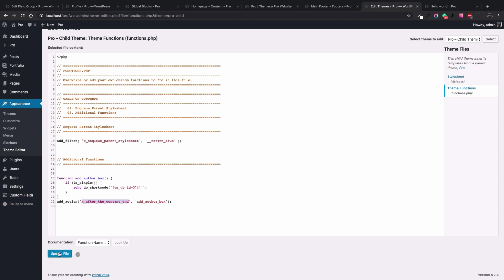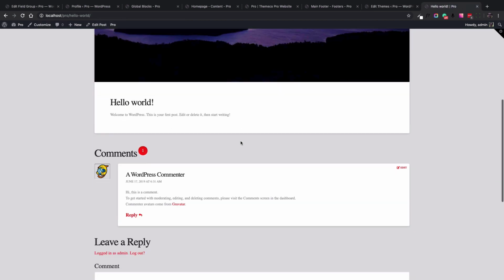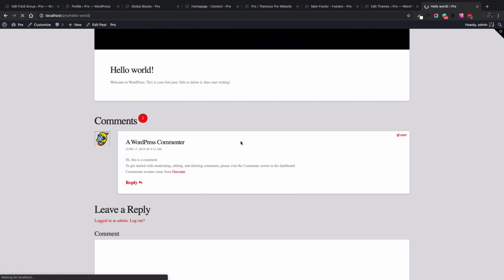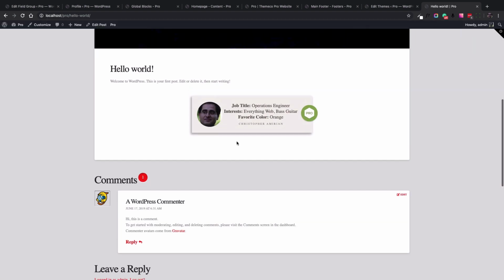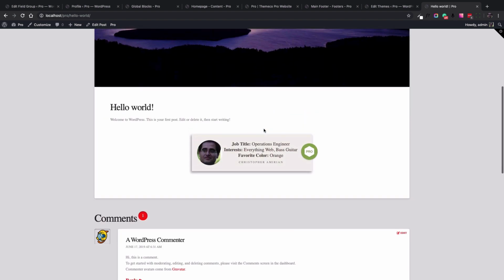So let's save this one. And here's a single post. Let's refresh this one. And here we show the global block at the bottom of the post, and it will show for all the posts of the website. Okay, here's how we can use the Advanced Custom Field Pro plugin and the global block,